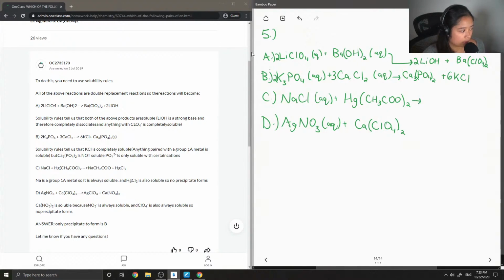And for this one, the expected product, if a double displacement were to occur, and then lastly,